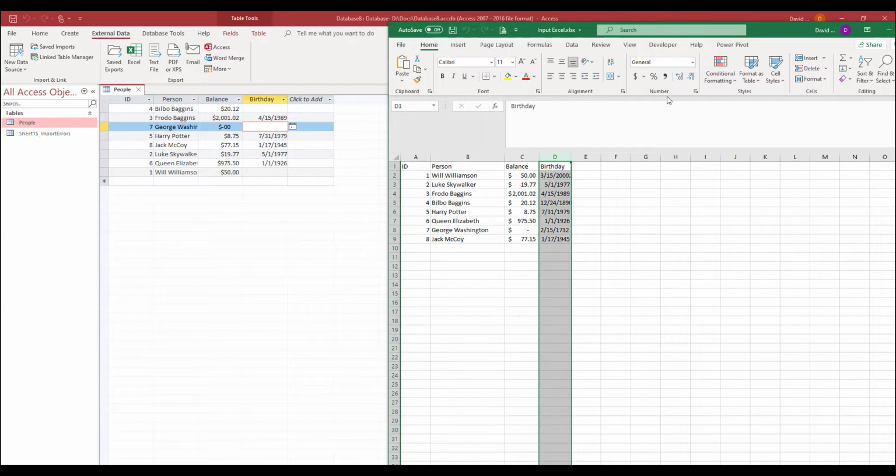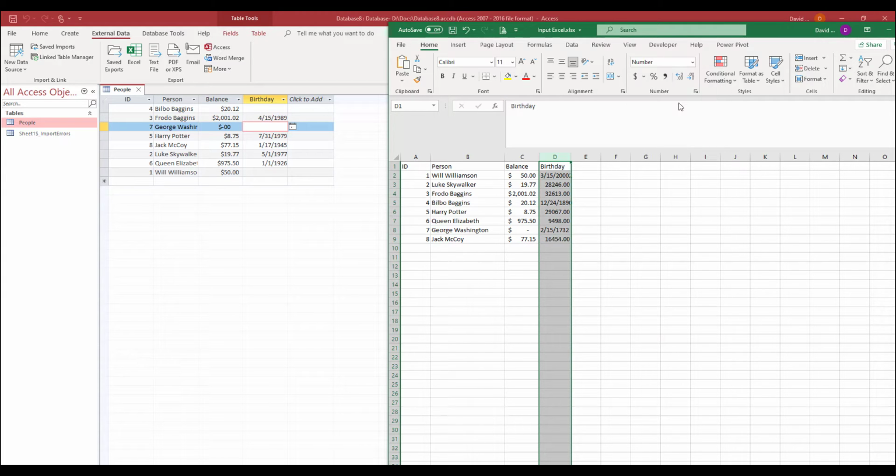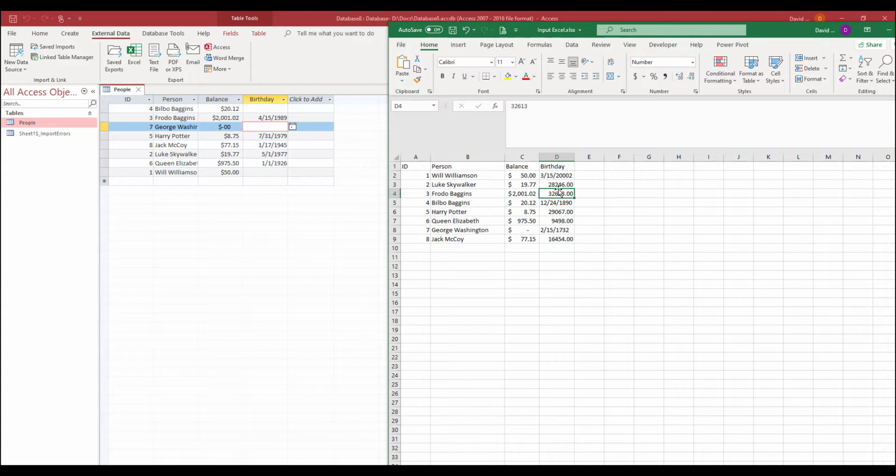Oh, this is not read-only anymore. If I made this a number, change this to number, you notice... See, obviously these didn't convert to numbers. Now, why did this... let's pick something. Why did 4/15/1989 become 32,613? Well, because it's number of days after January 1st, 1900,